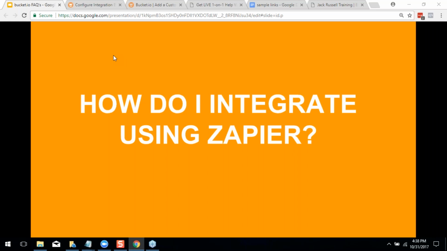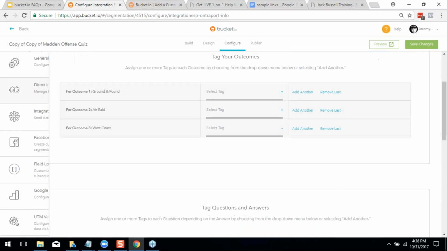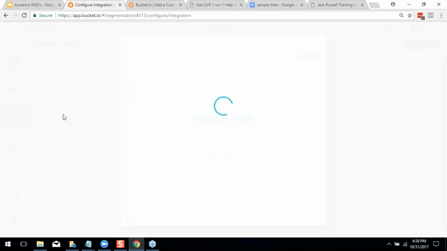So how do you do it? Like, how do you integrate with Zapier? Well, in a way, it really is simple. In another way, it's pretty difficult. So in the simple way, all you have to do is come over here, click on integration,